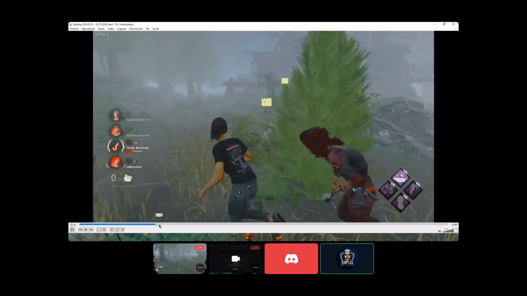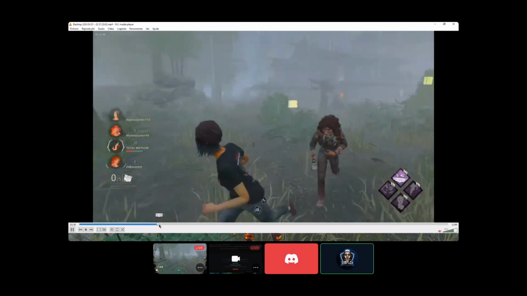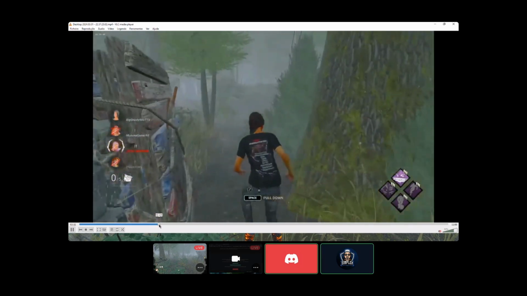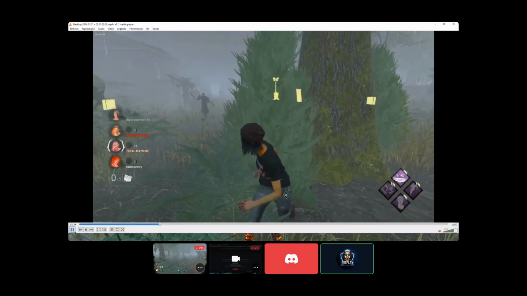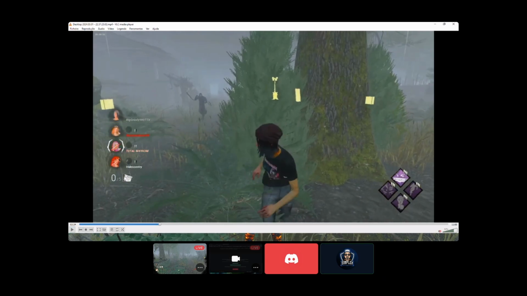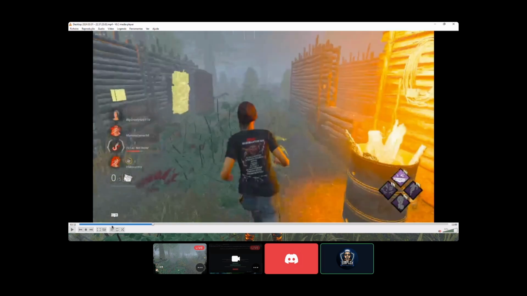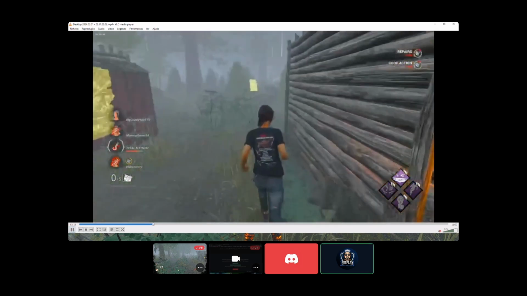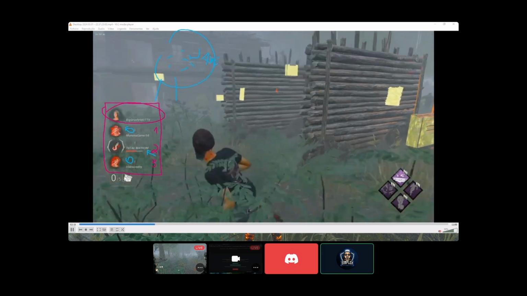However, the save came so late that the survivor got to second stage, and almost all of the second stage when she got saved. So even though it was the first hook of Yunjin, she's already dead on a hook because no one saved her in time. And the reason why they didn't save her in time, if we go back, if you pay attention to the Survivor UI again, you will notice that